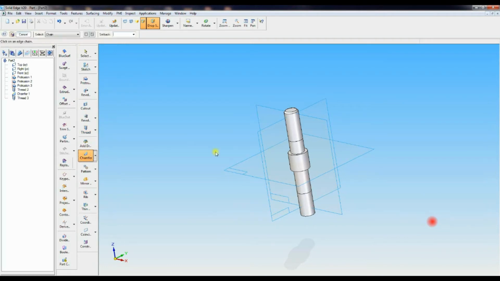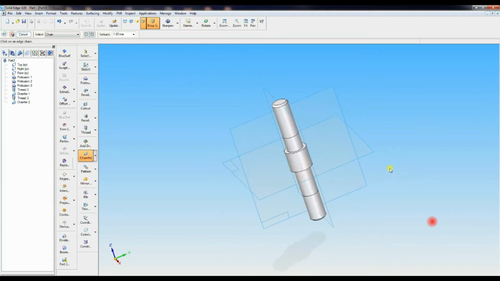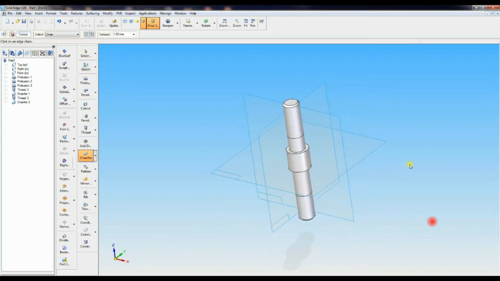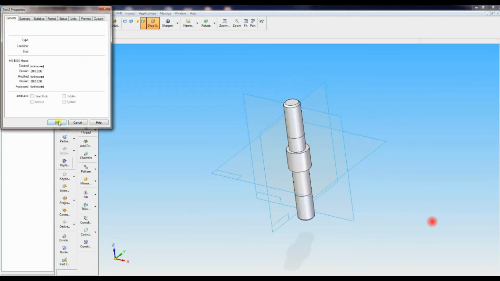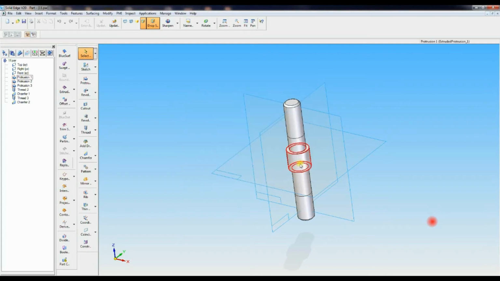Then go to chamfer, select the tip of circle, 1 into 16, finish. ISO, spreadsheet, save the drawing in the desired folder by giving name part number 11, save.